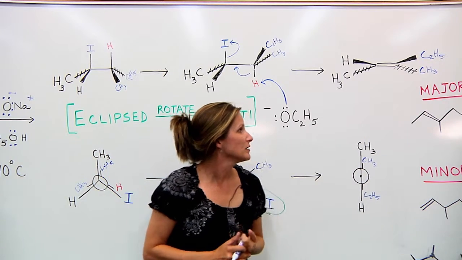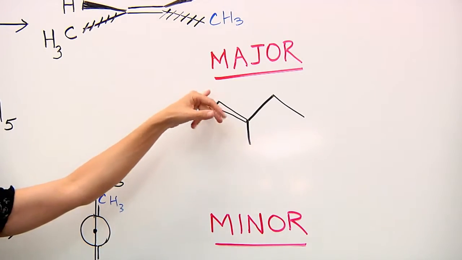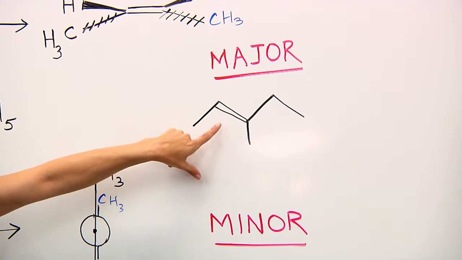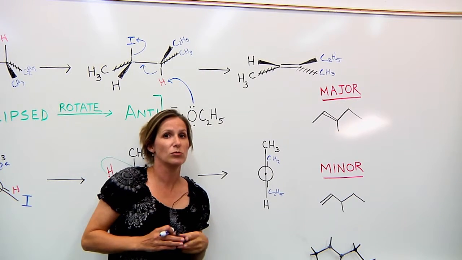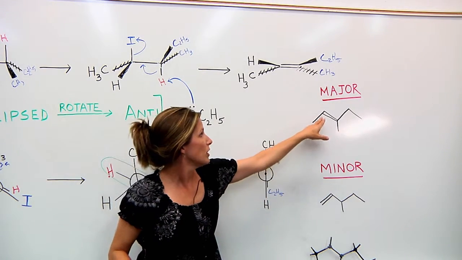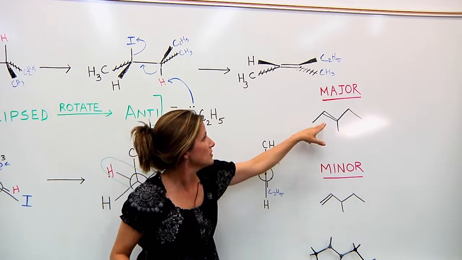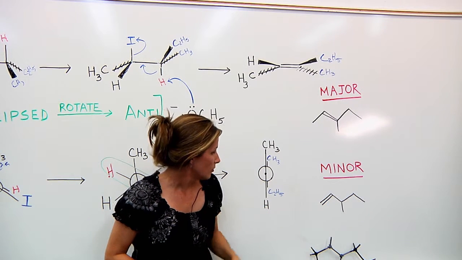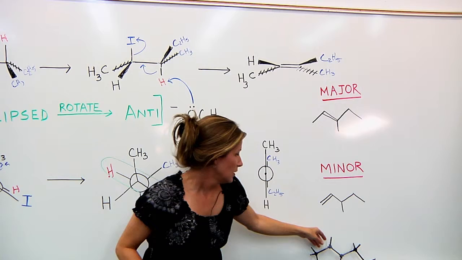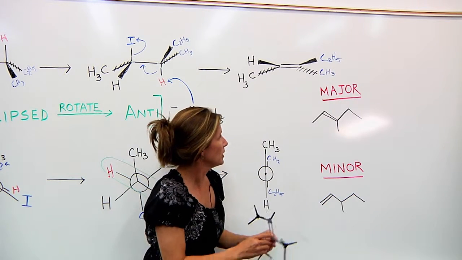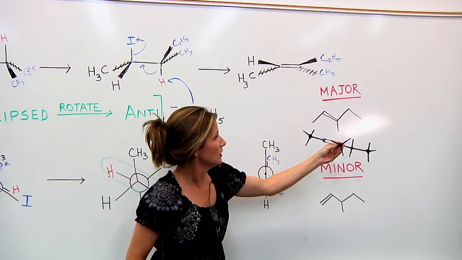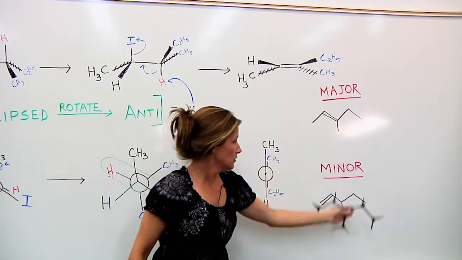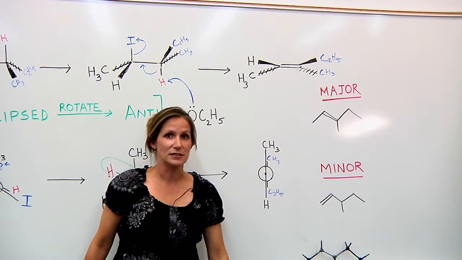And if you'll remember back to the substrate that we started with, it was the secondary alkyl halide with our iodide being right here. And as we mentioned, there was the possibility of two locations for the double bond to occur. We have the major formation, which was what we've just shown, but we also had the possibility that a double bond could form here. That's represented down here in our minor product. And you can see from our major product that's formed the overall flatness of the molecule and the planar geometry of it. And that is the E2 reaction.